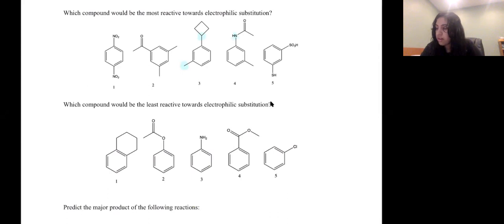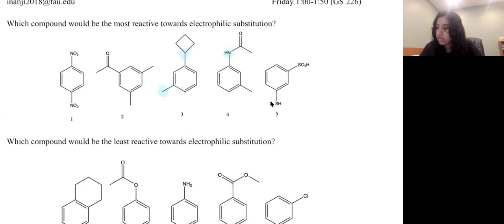So one thing to note, an amide is different from an amine. So this is an amide when it's attached to a carbonyl like this. If we just had a plain NH2, that's an amine and that's the most reactive. This NH2 is a moderately good activator because it has this lone pair and it sends that lone pair in to do resonance. Because it's a resonance activator, that's much stronger than just an induction activator. So that's going to be more reactive than